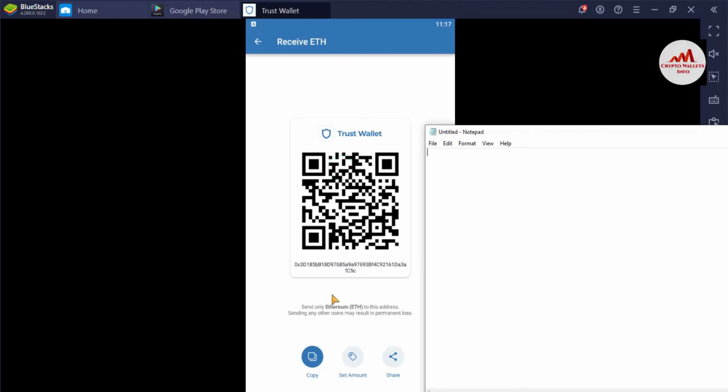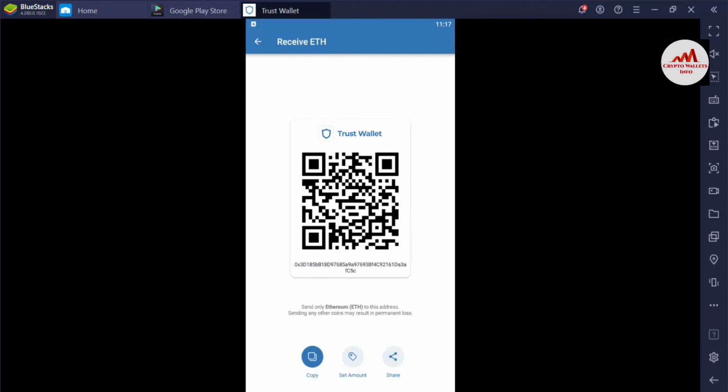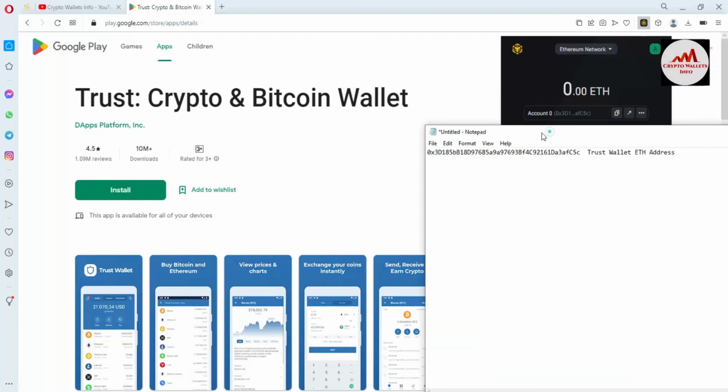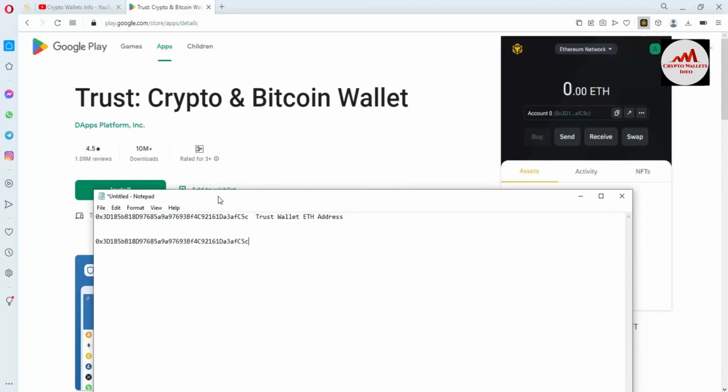You can see here I have copied and pasted here Trust Wallet ETH address, and now I'm going to copy the wallet address of Binance Smart Chain. So it is shown, simply copy, open the file and paste here.